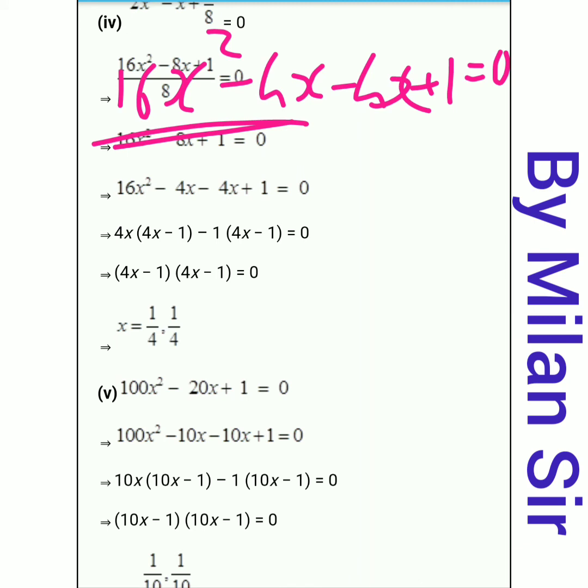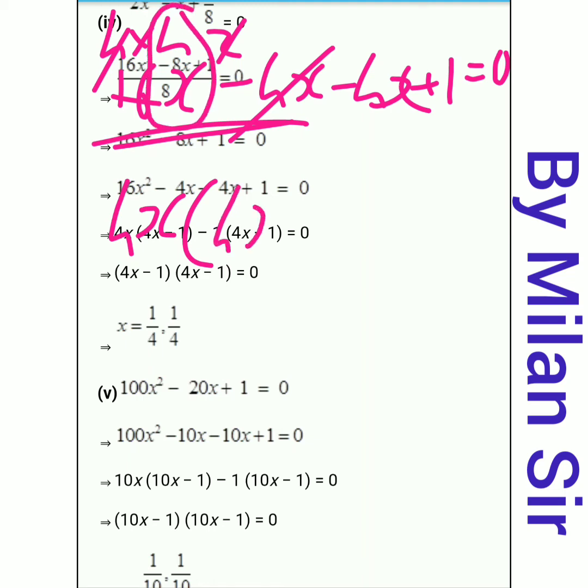Now from the first two terms, we can take 4 as common and x as common. Here 16 means 4 fours are 16, so one 4 is common, so we cut it. 1x is cut from here, and from the second term 4x is cut because we already took it common. So we can take 4x as common from the first two terms. Now what is remaining in the first term? 4x is remaining. Then a negative sign. In the second term nothing is remaining, so we write 1.